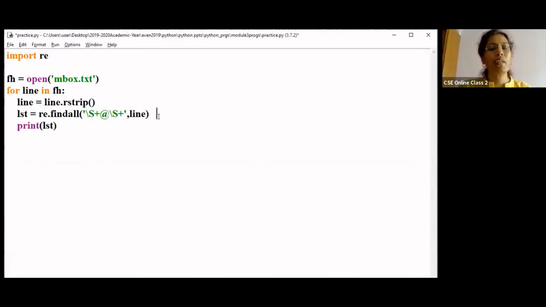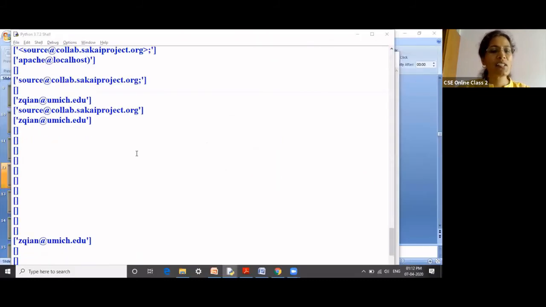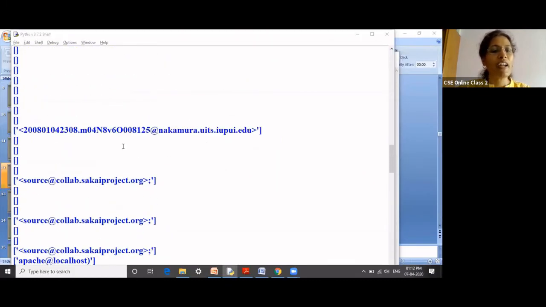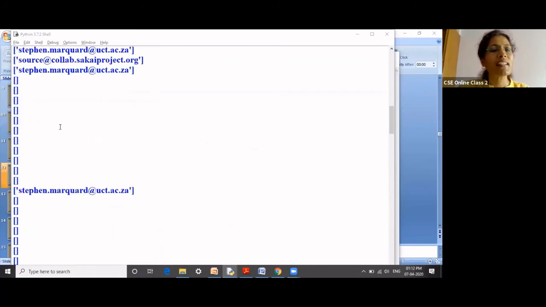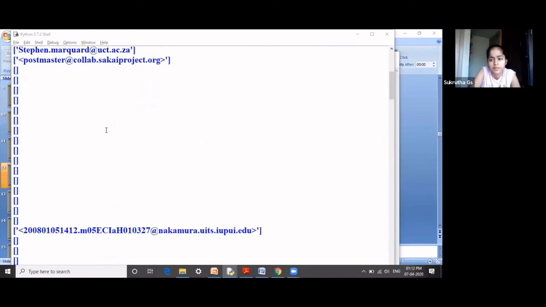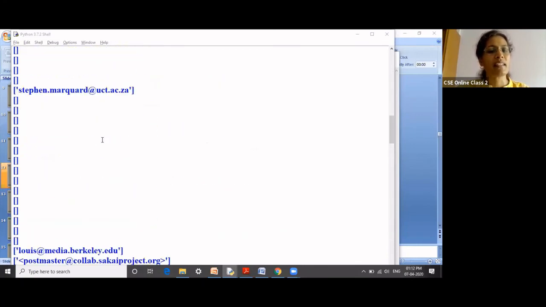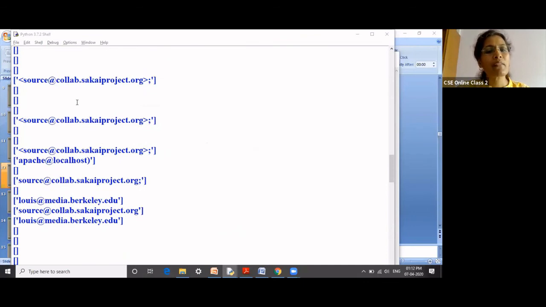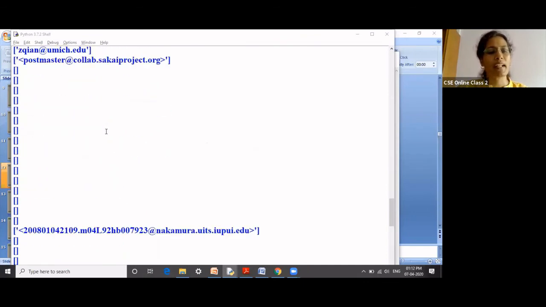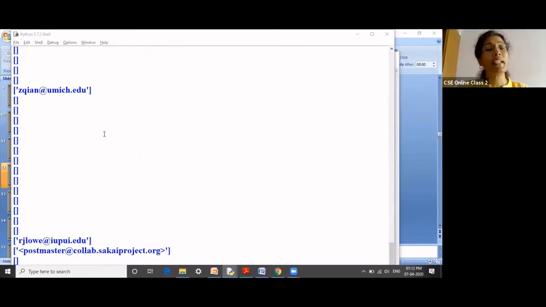Okay. Now we will see whether this gives me the proper output. Listen, students, what did we get here? We already got this, but other things, if I scroll it to you, can you see the output screen? Yes, ma'am. All of you? Somewhere we are getting only empty square brackets, right? What are those empty square brackets? In that line, there is no email ID, but it is still printing blank. I don't want these blank things to be displayed.